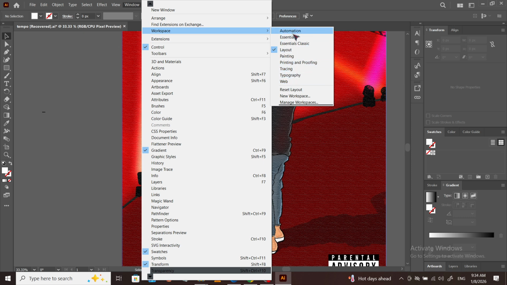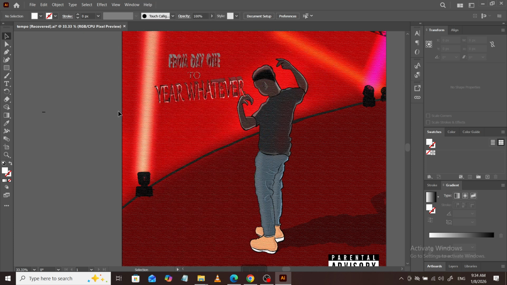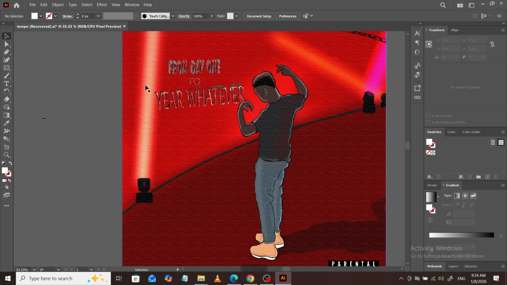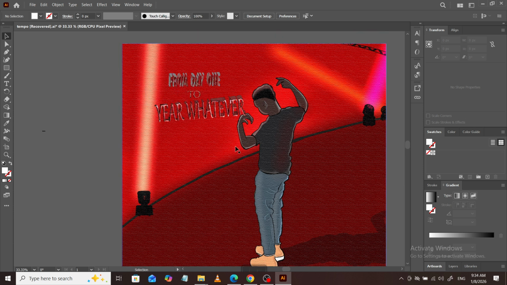If you use multiple workspaces, for example, one for drawing and another for layout, remember that each one has its own default arrangement. You can switch to a different workspace from the same Window, Workspace menu at any time, and then use the reset option for that specific layout. That's all it takes. With just a couple of clicks, you can return